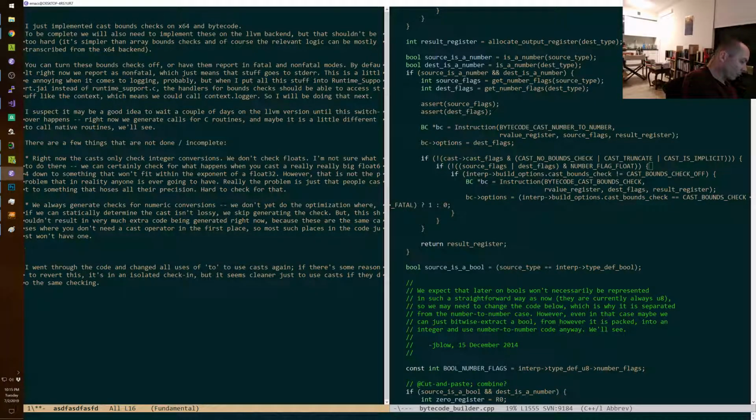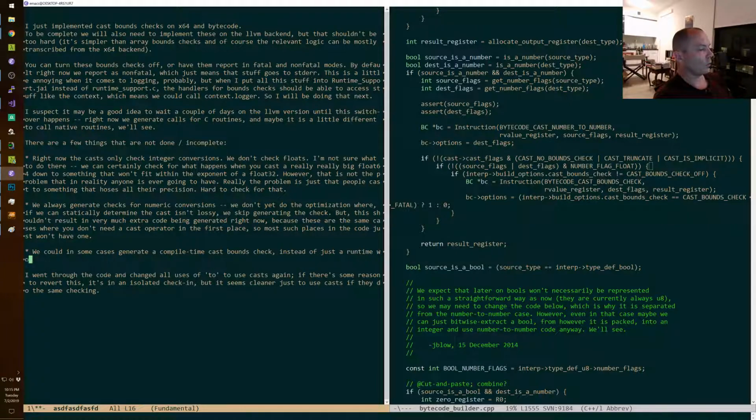So what else needs to happen? We could, in some cases, generate a compile time cast bounds check instead of just a runtime one, which can save time when people do something weird that would need a modifier.